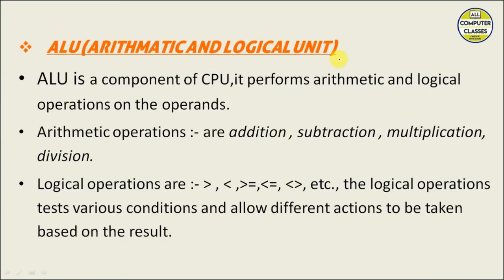The first part was the memory unit, in which we covered all the types of external and internal memories. Now the next is the arithmetic and logical unit. This unit of a computer handles all the arithmetic and logical operations. ALU is a component of a CPU. You know that the control unit, memory unit and arithmetic logic unit, the three, are components of a CPU. It performs arithmetic and logical operations on an operand, right?